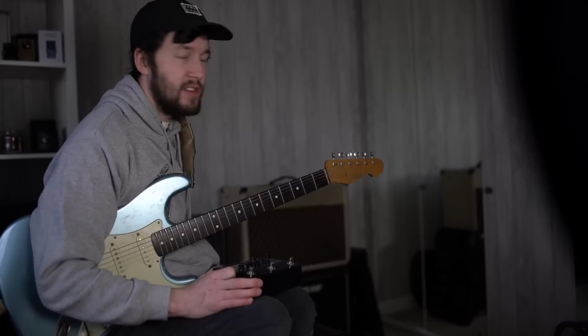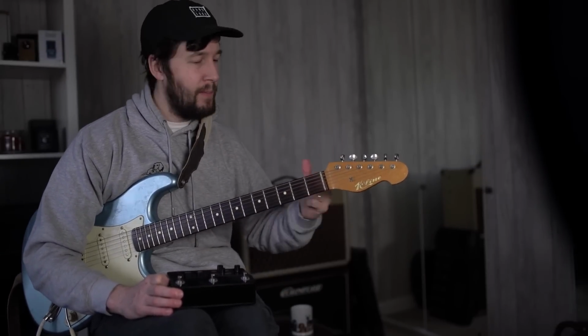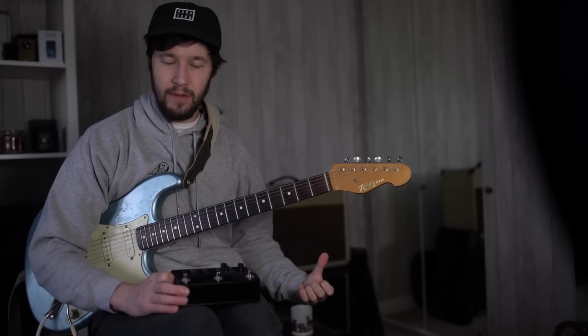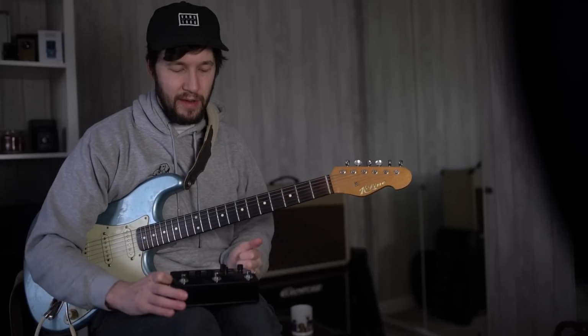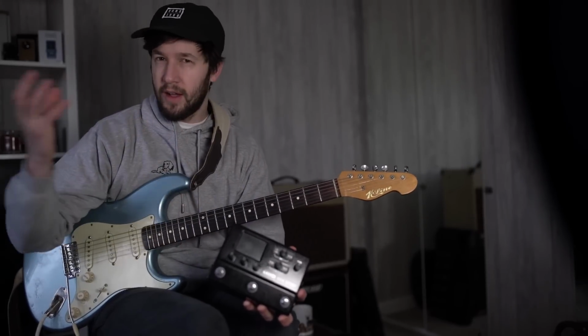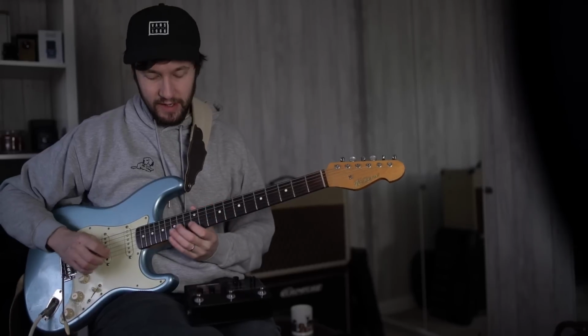So, I could have bought a Leather Boogie Electrodyne 10 years ago, but it's still the same thing that it was back then. It still has the same limitations, and it doesn't make fresh new sounds unless I augment it with something, whereas Line 6 are augmenting the capabilities of the HX Stomp and the sound palette, things you can get out of it. Now that I can do this kind of thing,